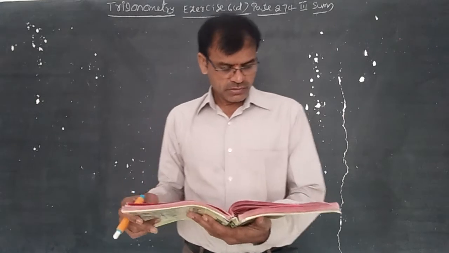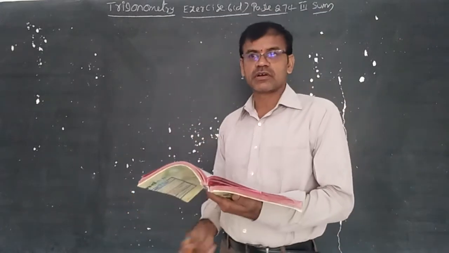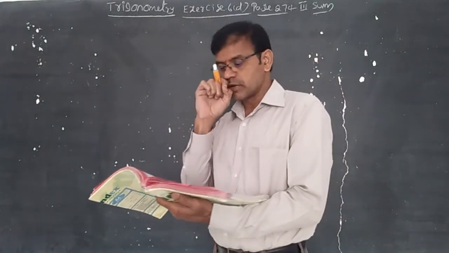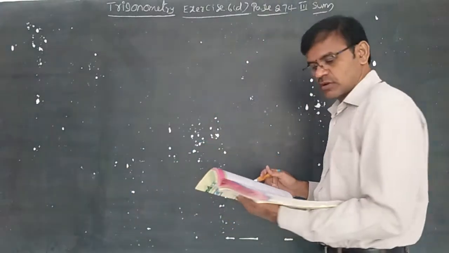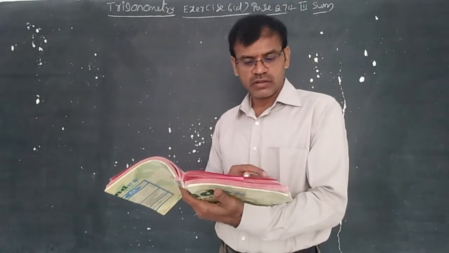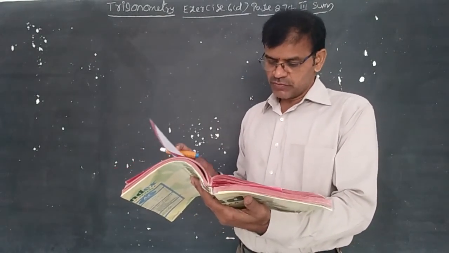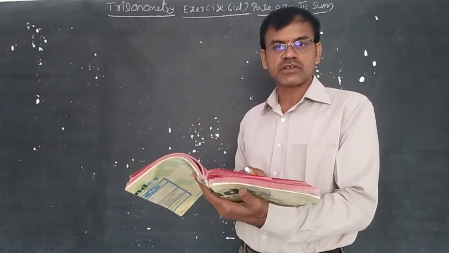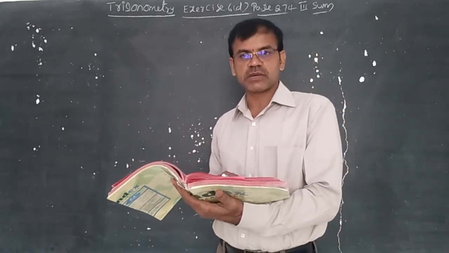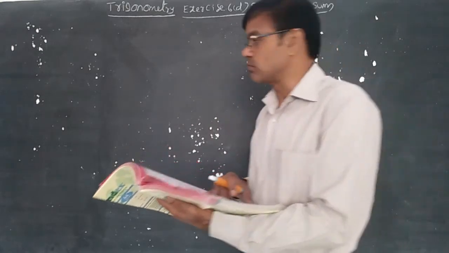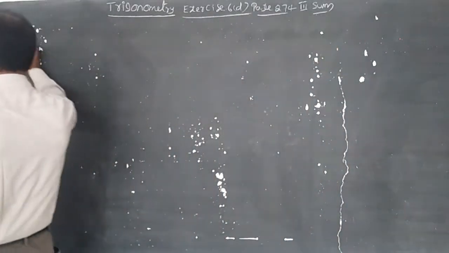Dear students, we are handling the topic trigonometry up to transformation chapter. Page number 274 in the Mathematics 1 year textbook, Roman number 3 sums are going on. In yesterday's class, we discussed Roman number 3: first question, two sums, and second question, third question, one sum we discussed, and one sum I gave as homework. Let us discuss the two sums in Roman number 3, page number 274.